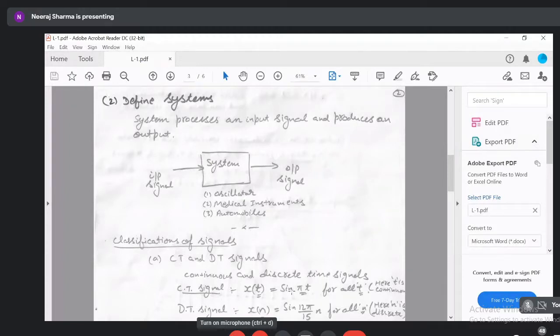So that is known as a CT signal, right? So x of t equal to sin pi t is a continuous time signal because this signal is defined for all the values of t. For example, in between 0 and 1, there could be an infinite number of values, that is 0.01, 0.002, 0.000004. So there can be infinite values even between 0 and 1. For all those infinite values, you can define the magnitude of the signal along the y-axis. So that is known as a CT signal.